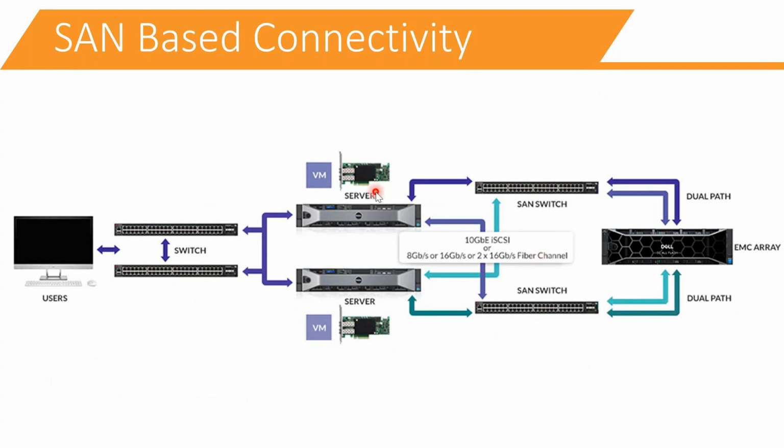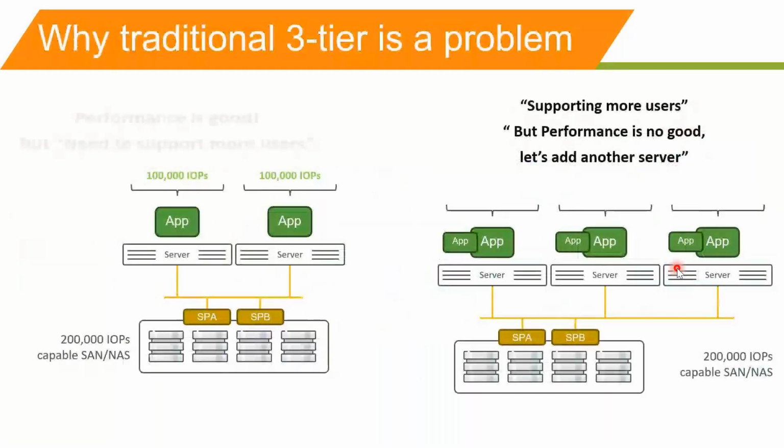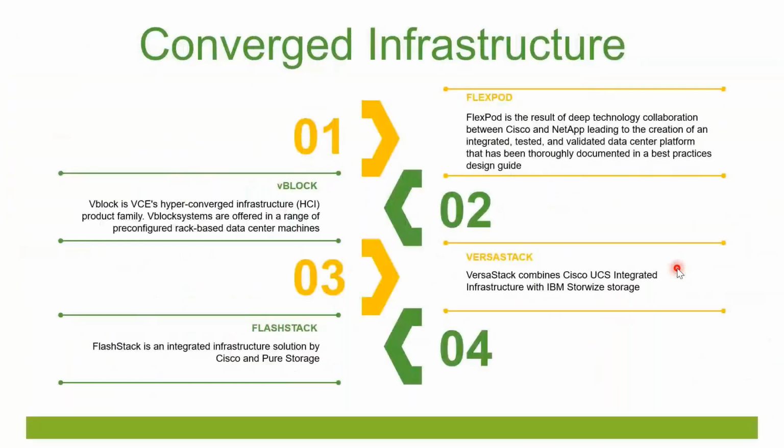Then your performance also varies depending upon this component. You may face your bottleneck at the server level, the hypervisor level, the application level, or maybe this HBA card, or this SAN stage, or the controller. So anywhere you can have the performance issue. You have to continuously monitor each and every component in your traditional data center. That is the biggest bottleneck in the three-tier infrastructure.